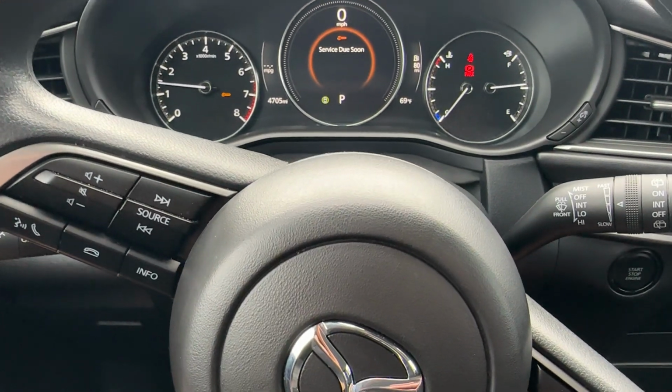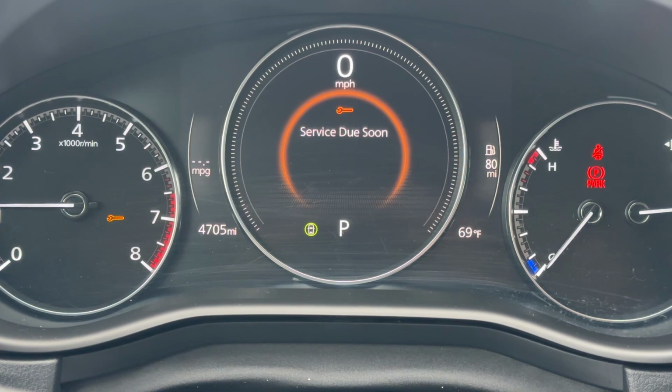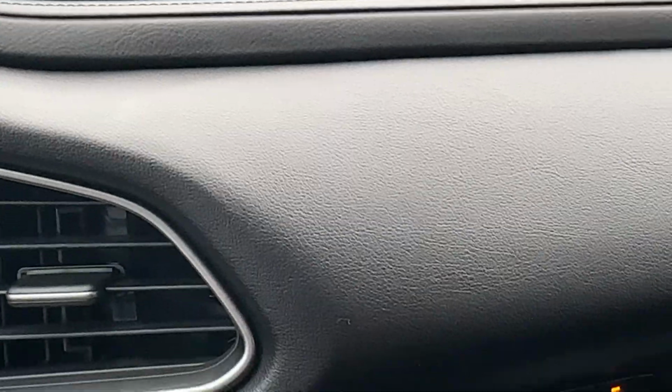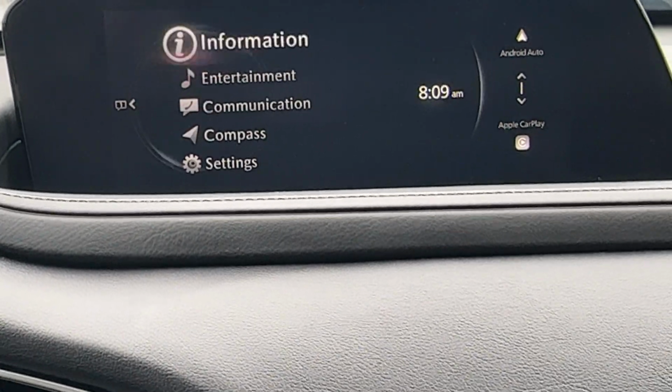All right, we got a 2024 Mazda CX-30, and we're getting service due soon. All right, we're gonna reset this message, and we're gonna do it at the radio, okay? So at the radio, you're gonna use your controller right here. And at the radio, we need to go to information,